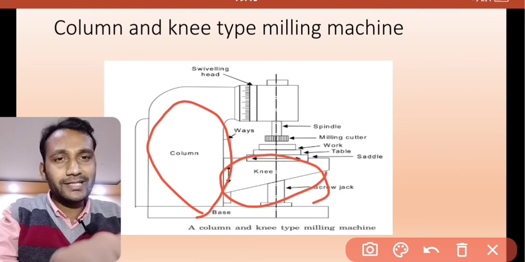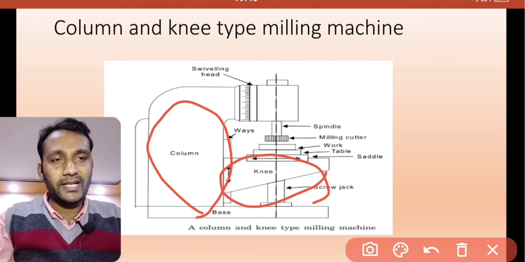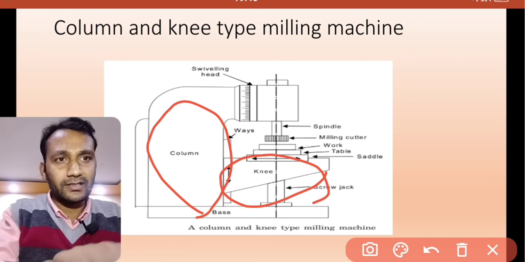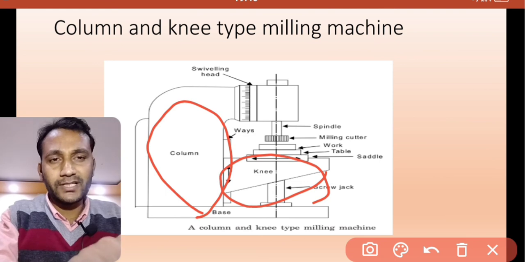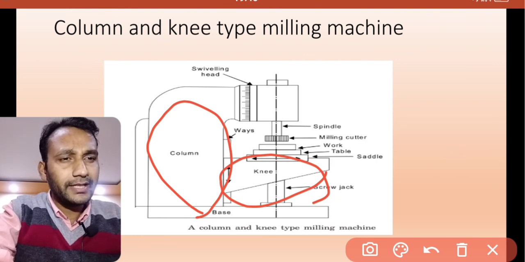The knee can slide vertically up and down over the column, and you can see the spindle, the direction of the spindle is horizontal in this, and the milling cutter is mounted over the spindle. So these column and knee type milling machines are generally used to make flat surfaces and to cut grooves. Okay, next type is